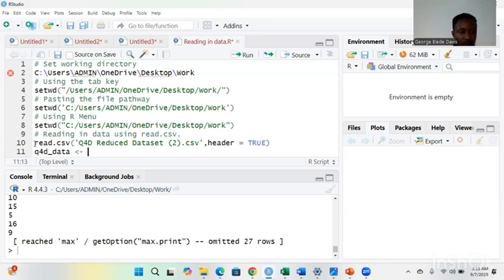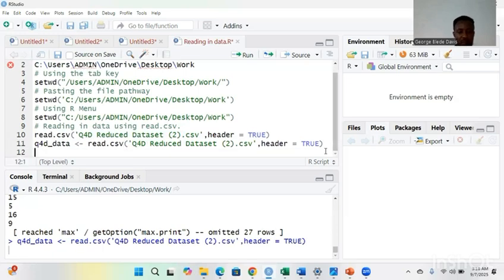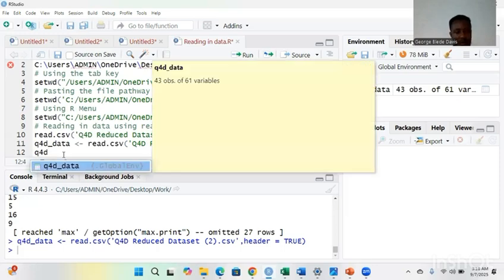Copy this and paste it. You run it. We said that anytime you save a name, you run it. To see this name, you can print it, you put the data name, or run this. So here's our data.